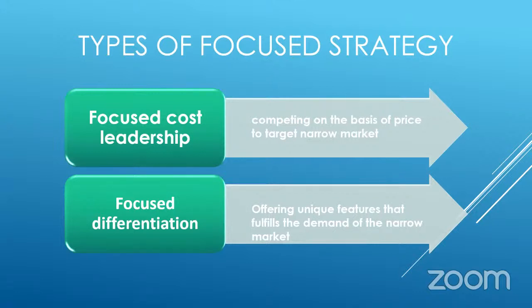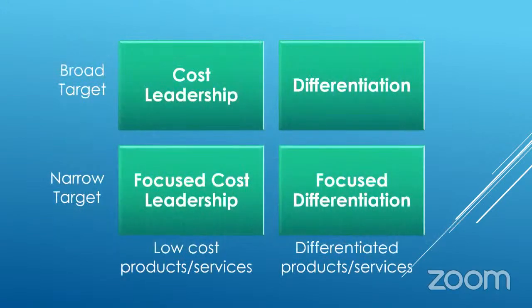And the second is focused differentiation strategy. Offering unique features that fulfills the demand of narrow market. Same way narrow market को टारगेट करो, उनका डिमांड जो है वो उनकी डिमांड देखो क्या है और उसके हिसाब से कुछ अपना डिफरेंशिएटेड प्रोडक्ट वहां पे निकालो, यूनिक प्रोडक्ट वहां पे निकालो और compete करो।